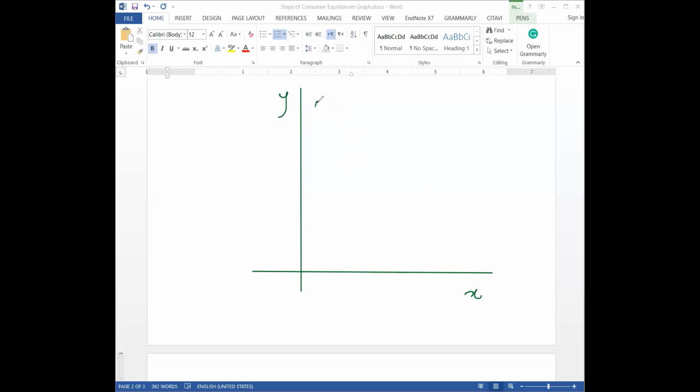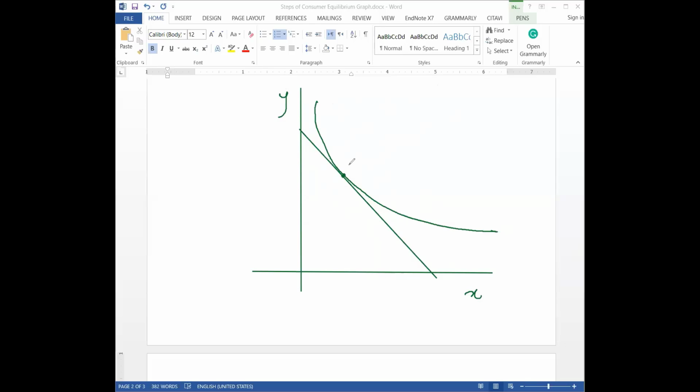I will draw the indifference curve, and there are infinite, so I will draw one so that the diagram is clean. Then I will draw the budget line. I will put a scale here, and I will draw it in a way that it is touching only once,